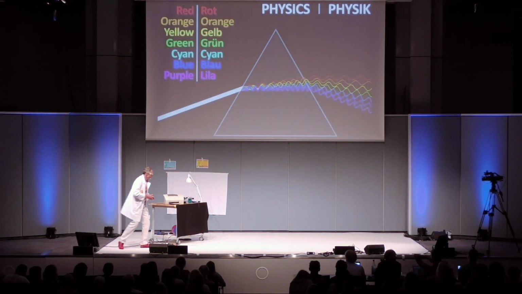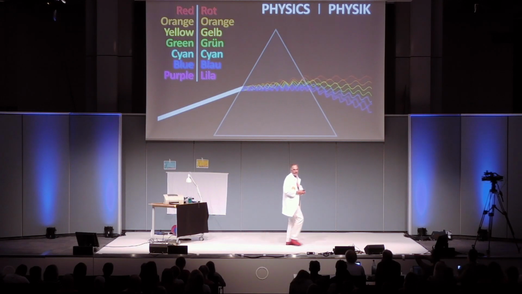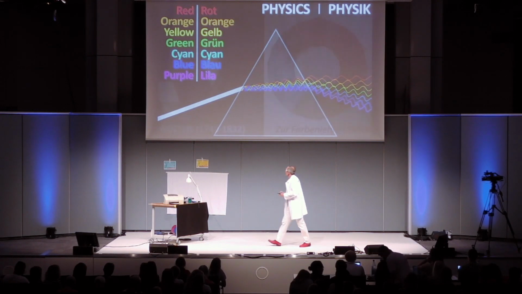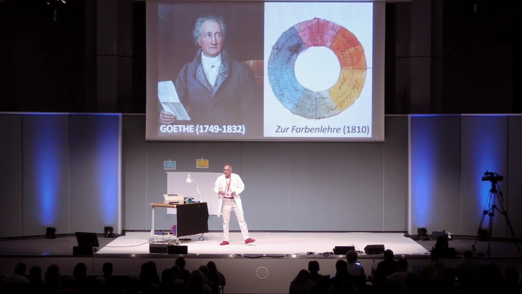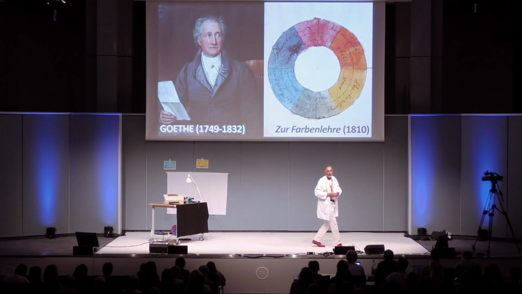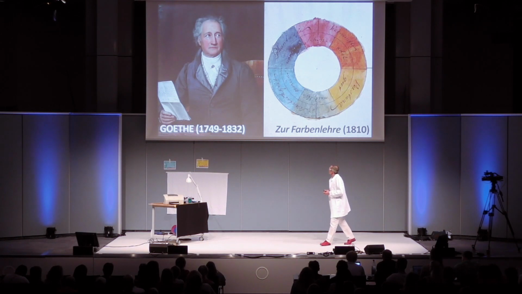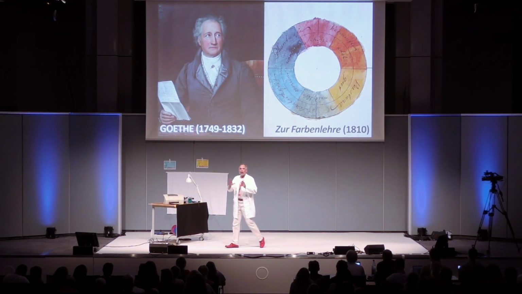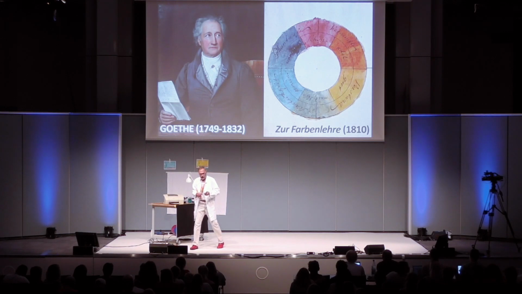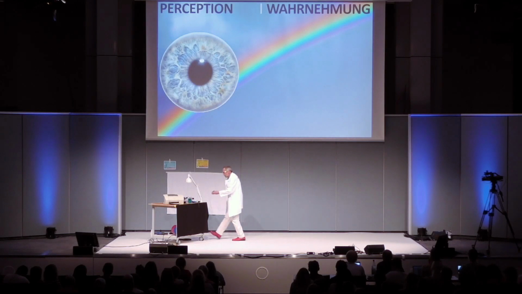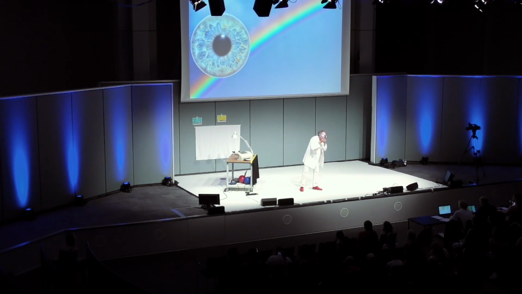Oh, thank you. So, there are 7 colors in the light of the sun. That's what Newton realized. But there are other scientists like Goethe, something like 1 century later, who were quite opposed to Newton's theory. And Goethe said that the colors are a matter of perception. But what does it mean, perception? Perception means that we have to look deep into our eye, where the retina is present.